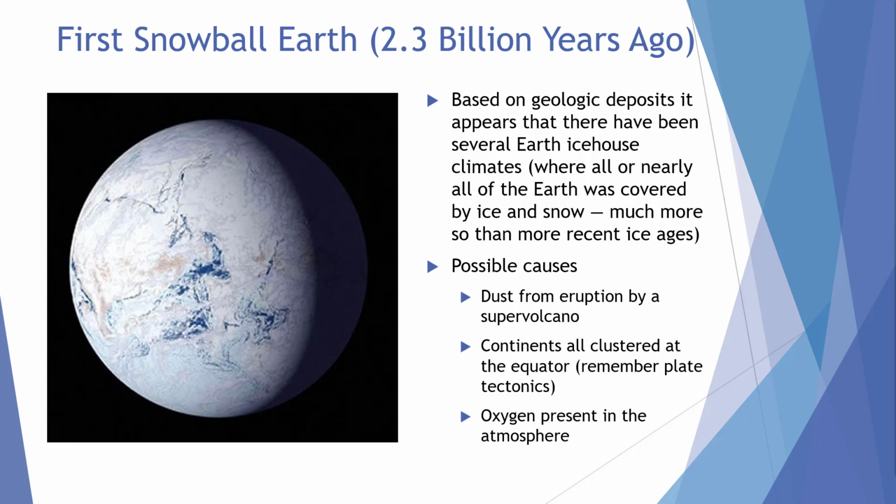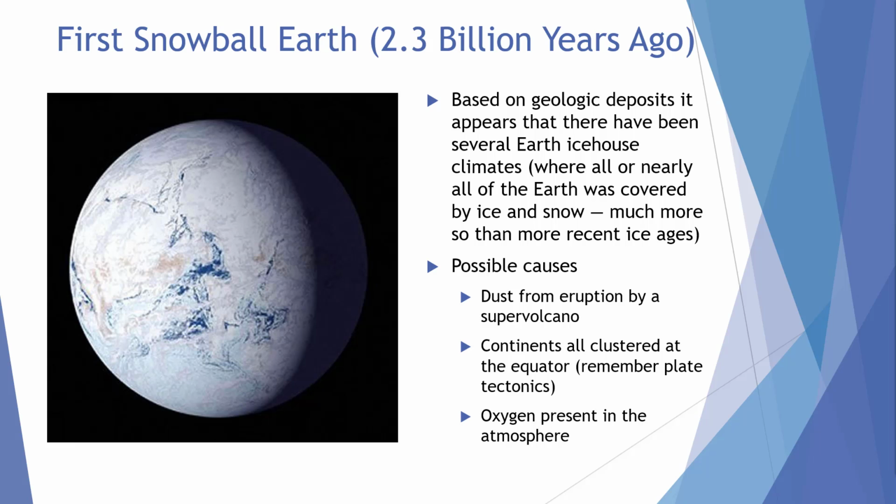So based on geologic deposits, it appears that there have been several Earth icehouse climates or events where all or nearly all of Earth's surface was covered by ice and snow, much more so than in recent ice ages. Possible causes are dust from the eruption of supervolcanoes, which actually reflects incoming solar radiation. Having the continents all clustered at the equator, remember plate tectonics, so continents could have been clustered at the equator,